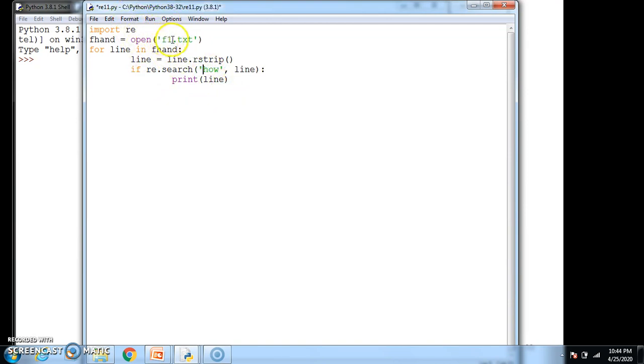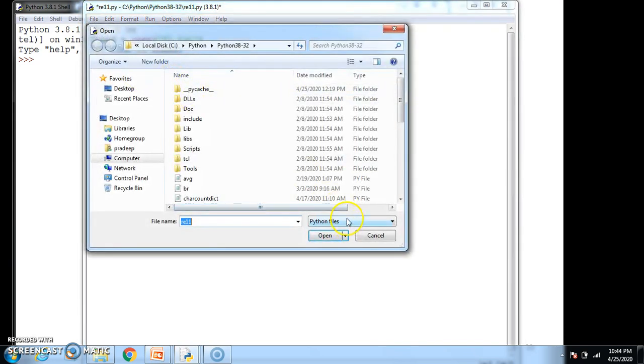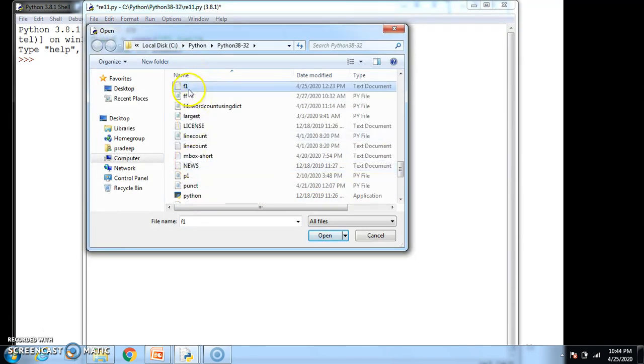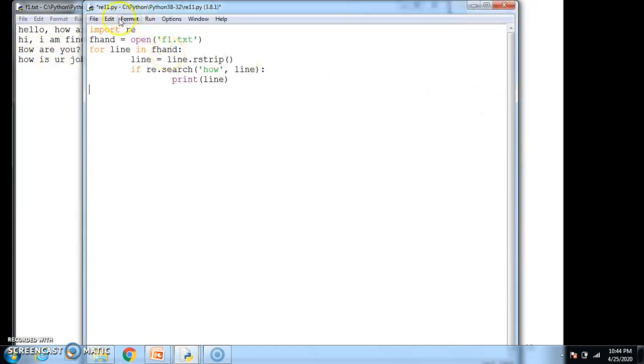I have named the file here as f1, so I can show you what f1 contains. F1.txt it is. There are 4 lines in it. Let me execute this particular module.